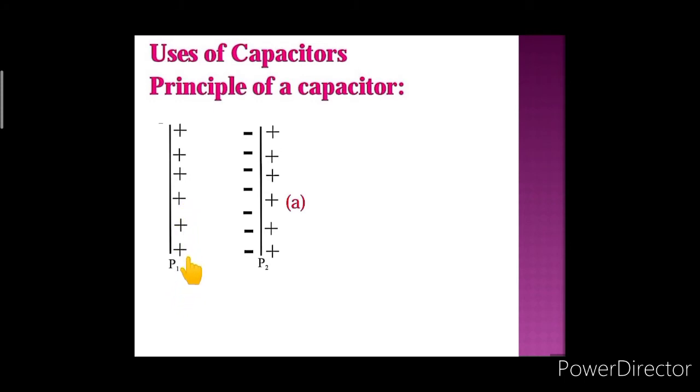When it is fully charged, and hence we can say V is its potential, then its capacity is given as C1, which is equal to Q upon V. Now we are taking another identical metal plate P2, which is kept parallel to and near metal plate P1.